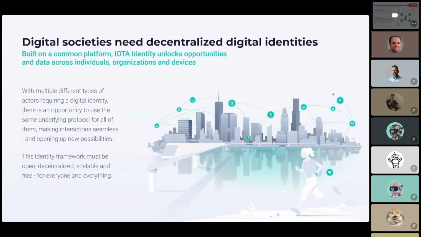And maybe as a last general thought, we really see IOTA Identity taking place for connecting people with the infrastructure in a way of trust. So I can bring my own digital identity and I can interact with everything around me in a very smooth manner.